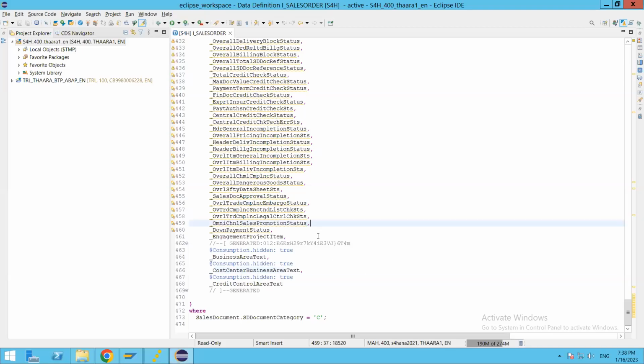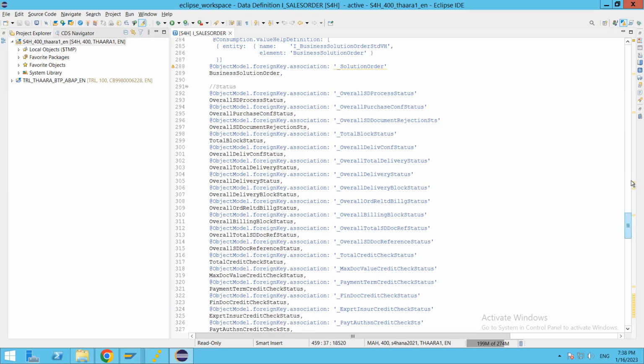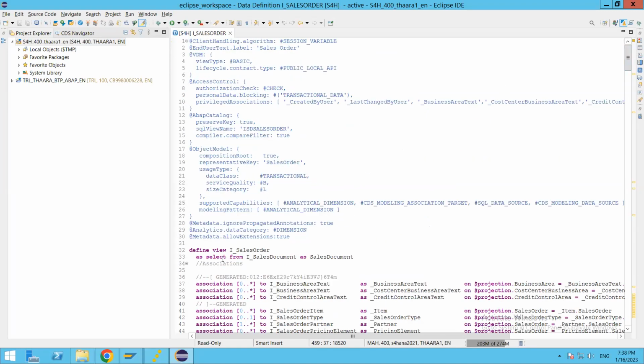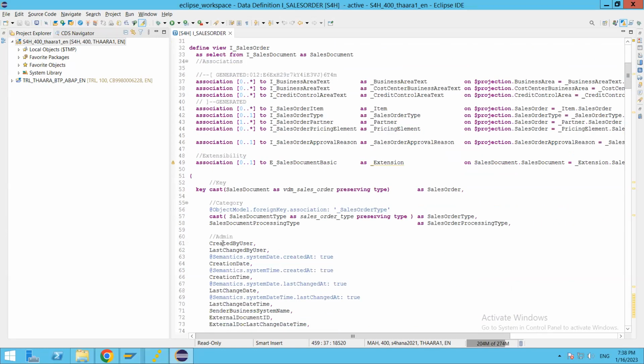But the virtual element is not going to get the complete entity information; instead it's going to be a specific element of this particular entity, a particular field, a particular column. So if you want a particular column to be derived from an ABAP class,